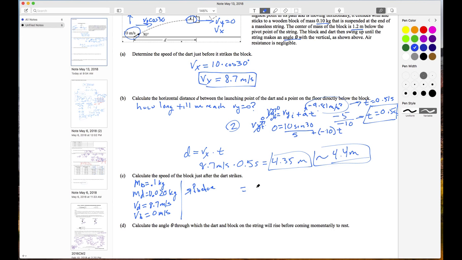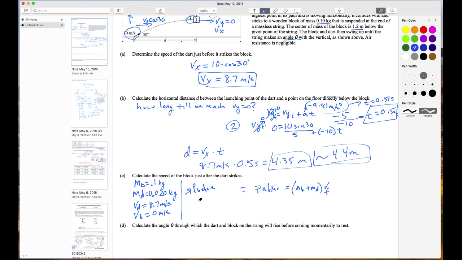And that's got to equal my P after, which has to equal, well, the dart has stuck into the block, so the masses are combined, times the VF, the final velocity, which they share because one has stuck into the other. So if I calculate the momentum before,